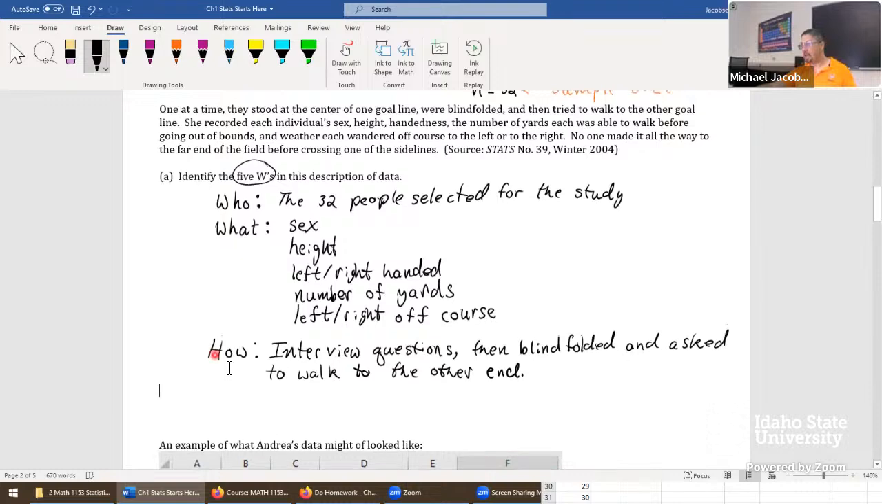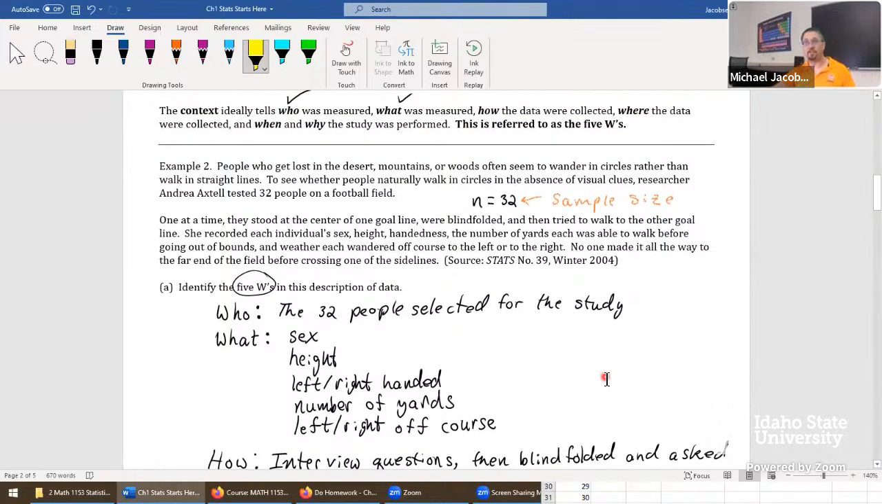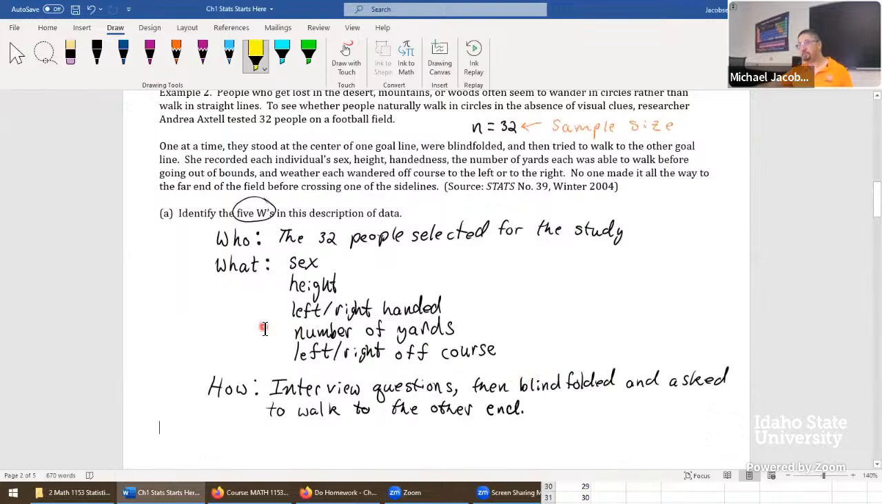So the how can sometimes be really, really convoluted. That's why it's a tough question. If you ever read a real statistical study out of a published, peer-reviewed journal, this portion right here is sometimes called the methods. And it's pages and pages of what they did in a very exact fashion on collecting that data. For example, there's a lot of stuff not exactly specified here. We would have to say, well, they said